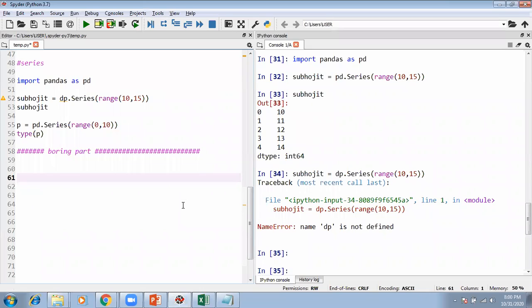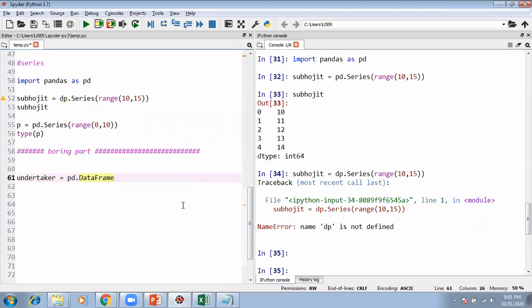First of all, I'll give a name, let me name it Undertaker. I hope everybody knows Undertaker. He was my favorite wrestler. Undertaker equals PD dot DataFrame. PD means I'm referring to pandas.